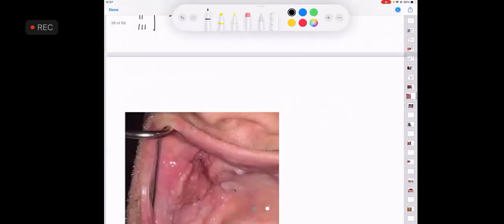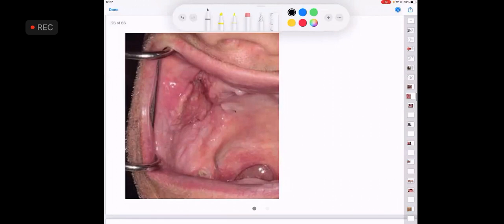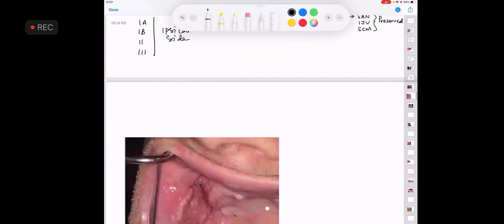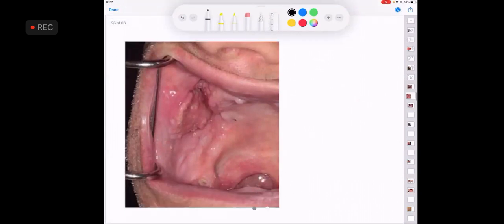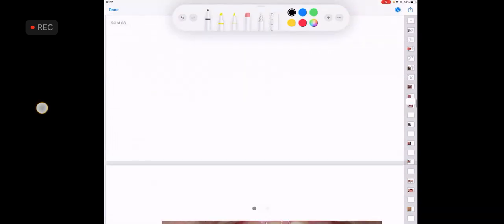Okay, come to the next case. The next case is again an ulcer, but this time you see the ulcer. What is the level of... I could not understand the question, sir. Level of lymph nodes, sir, we are going to come to that case, don't worry. We are going to that. That is another short case. We are going to come to